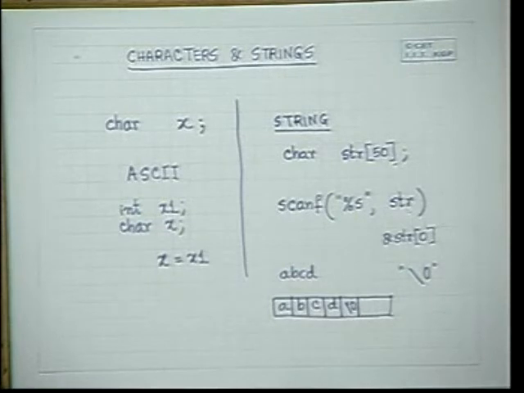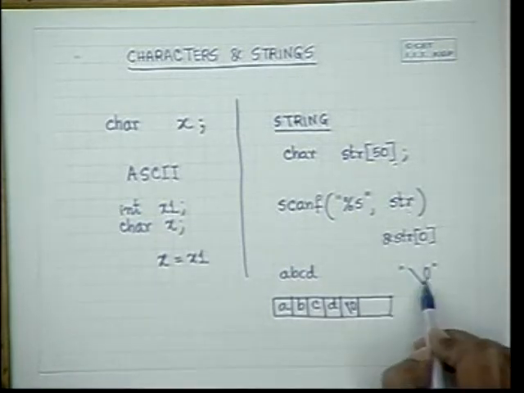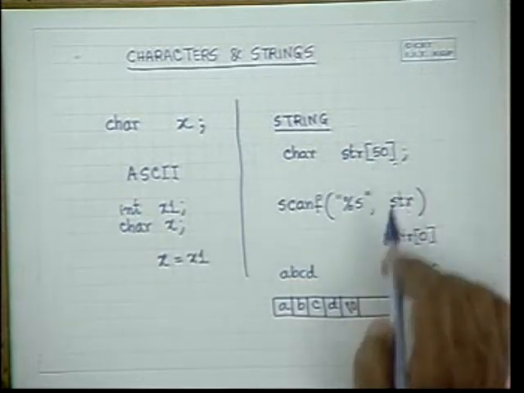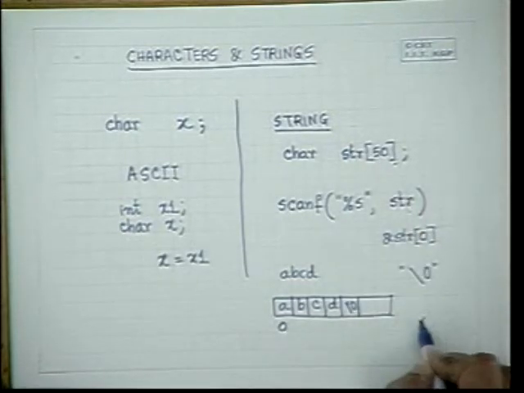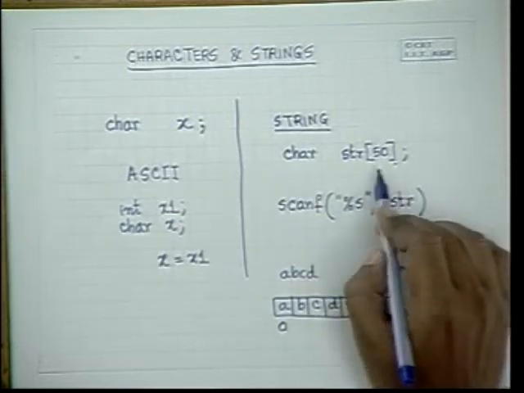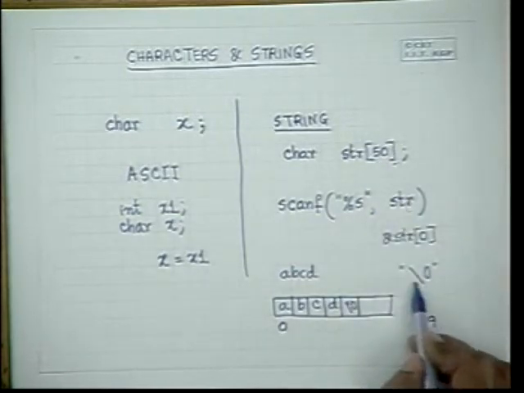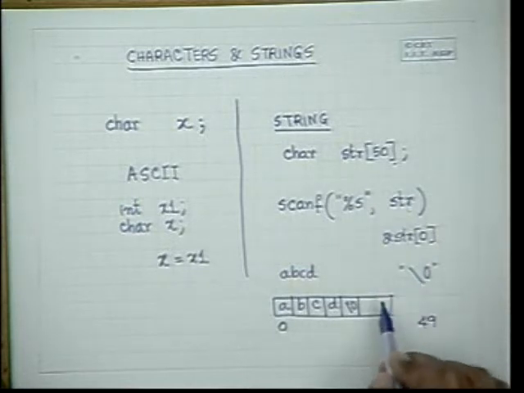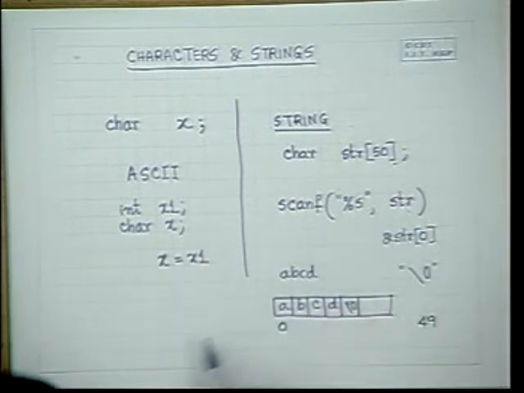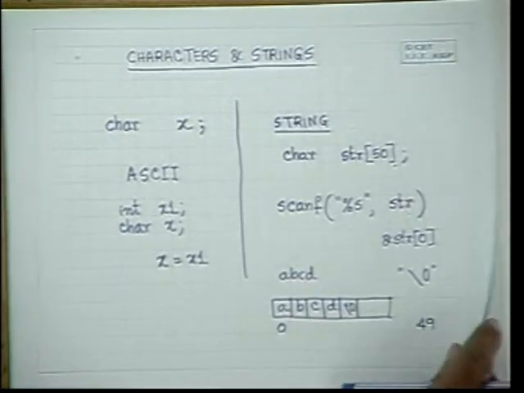It will end it with this. All strings are ended with an end marker like this. So if you declare a string of size 50, which means an array from 0 to 49, make sure that your string does not exceed the size so that the \0 cannot fit in. The \0 must be put into the string. Similarly, like scanf, for strings you can use the printf command.